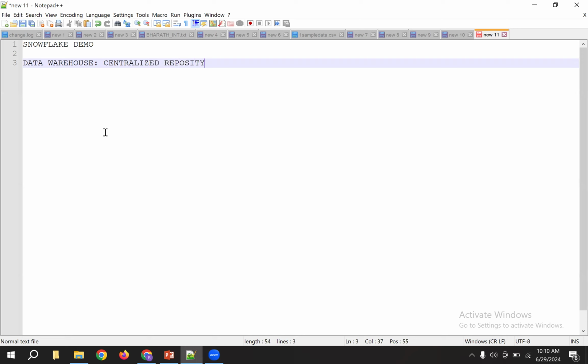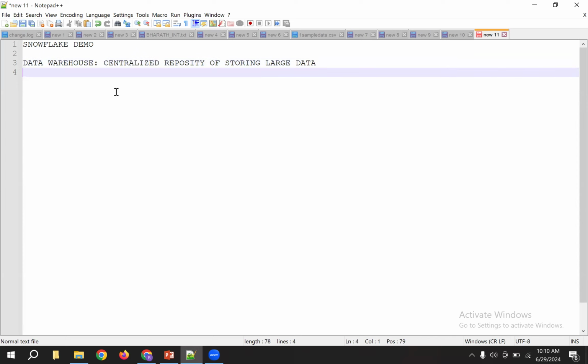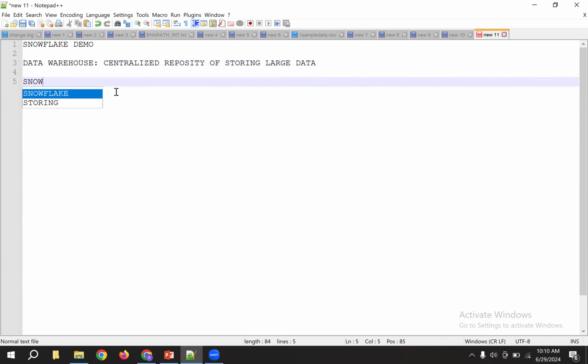It's a centralized repository for storing large files, large data. So now, when you say Snowflake, Snowflake is a cloud-based data warehouse.